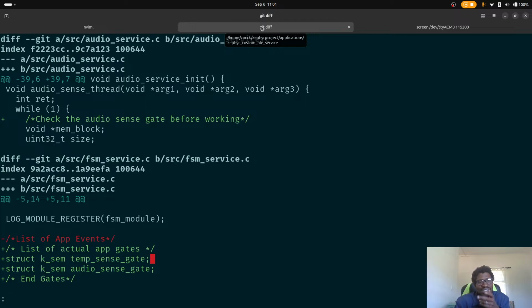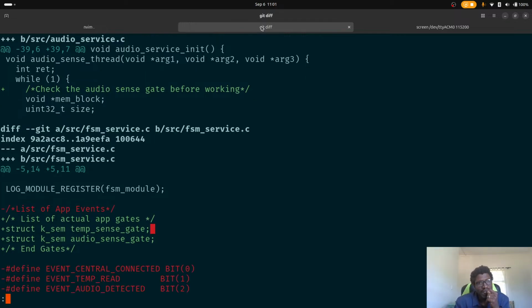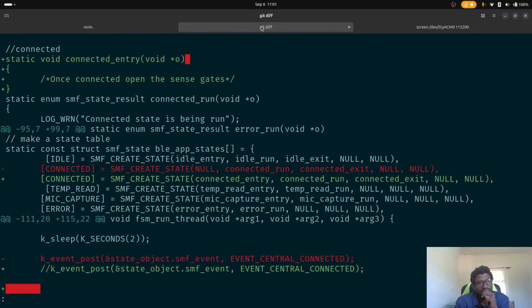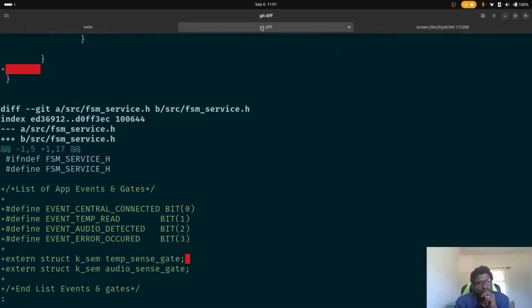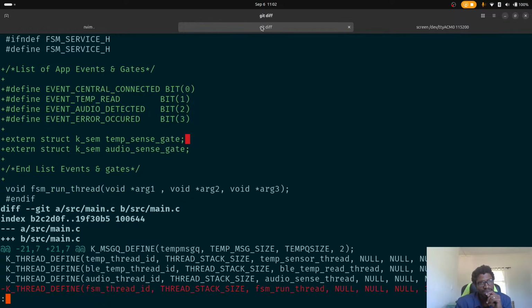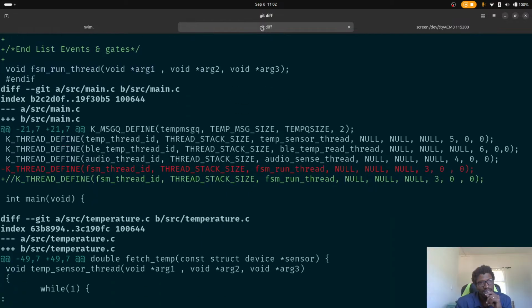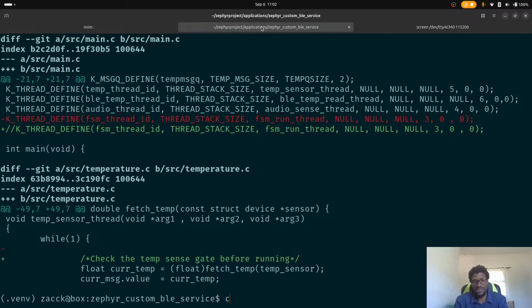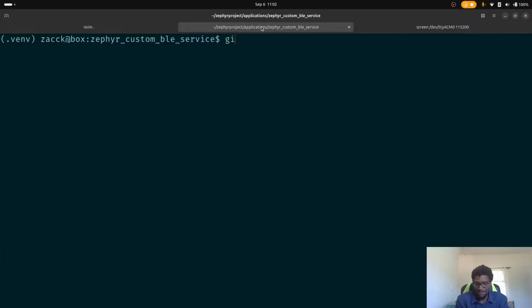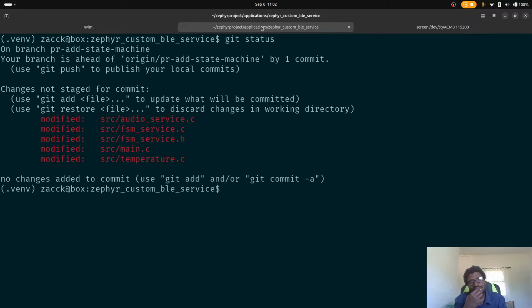Audio service. That's fine, that's okay. FSM service, that's where I'm going next, so don't worry about that. Thread, that's also where I'm going next, so that's fine. Main is where I'm going next, so that's fine. Git status, that looks like a lot of changes. Oh, it's just the H and the audio. Okay,